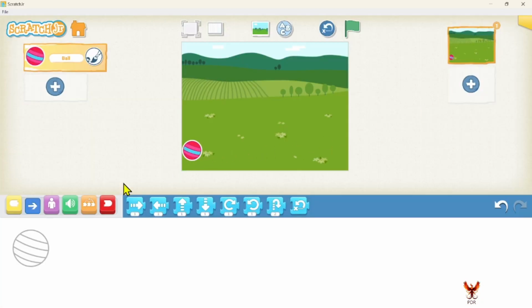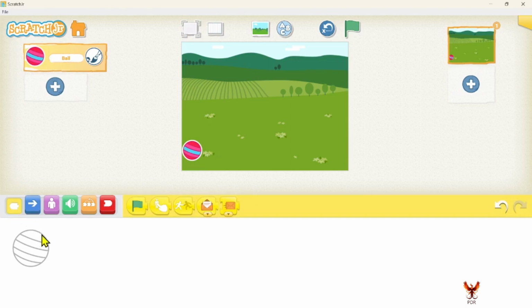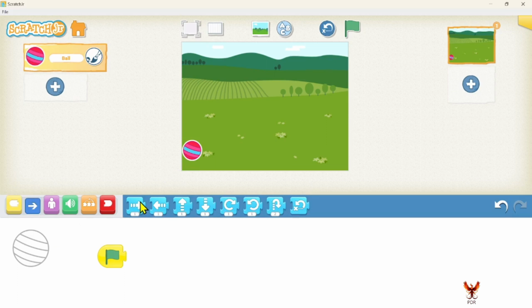So now here I'm going to start adding my commands. For that I'm going to click on this yellow button. I'm going to add the command start on green flag, so that when the green flag is clicked, action will be performed on this ball or the character. Let's see what commands we're going to add further. So I'm going to add the command move right. So here I'm going to change the number to say